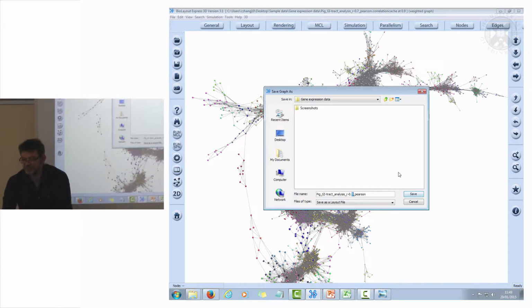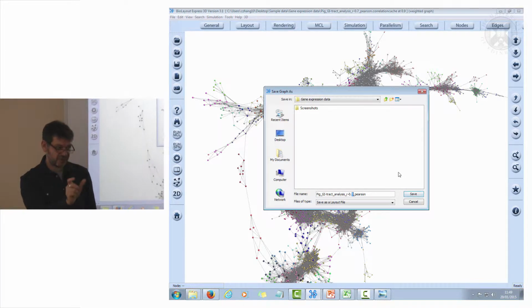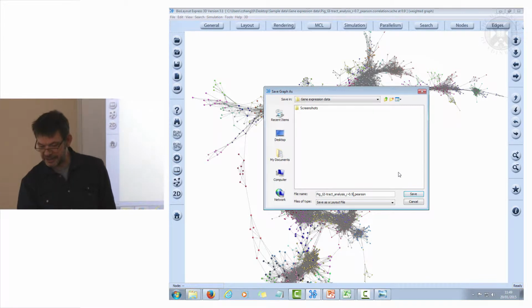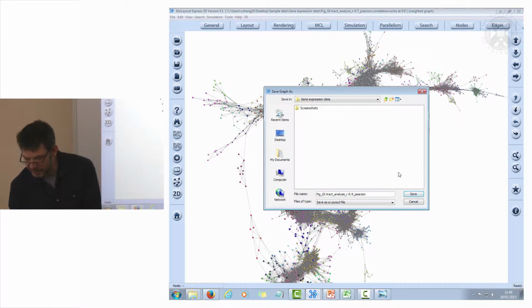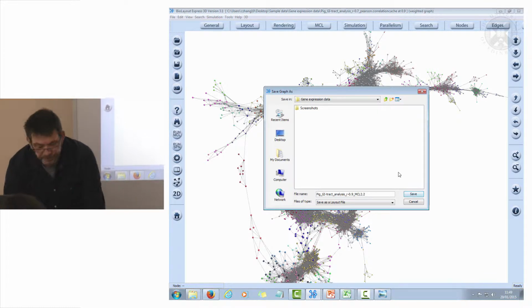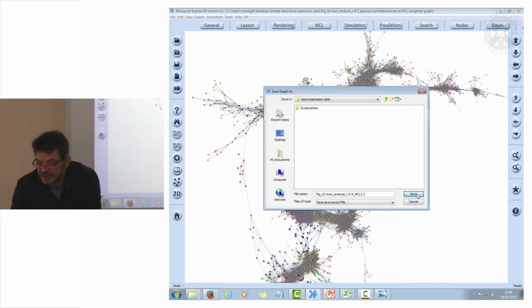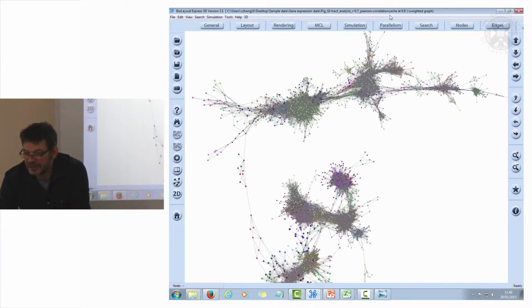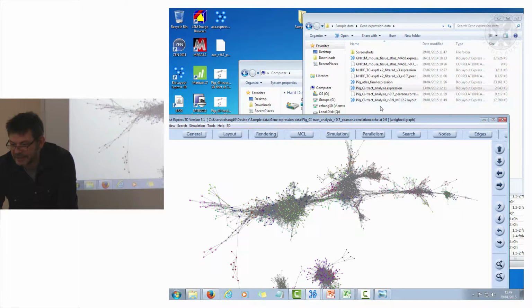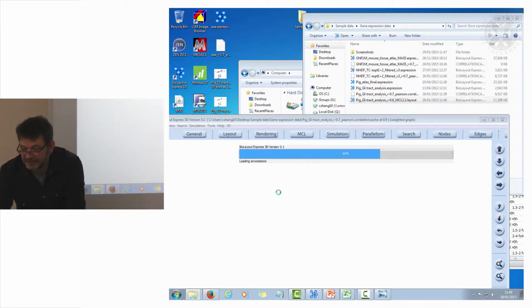So you might want to save that. The things you want to remember about a graph are what the correlation value was that you used to create it. So I'm going to make that 0.9 because that was what was used here. And then I might want to say MCL 2.2. That's the value which I've used to actually cluster it, and I can save that there. Now when I come back to this, there's this layout file, and if I drop that layout file here,